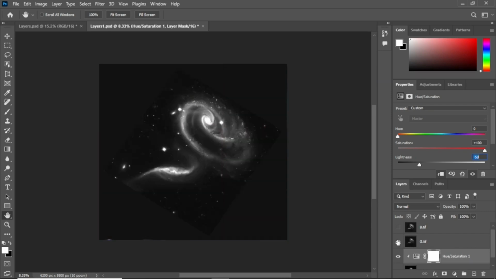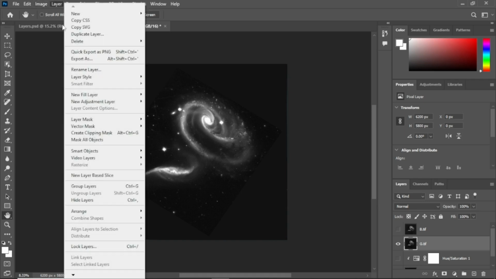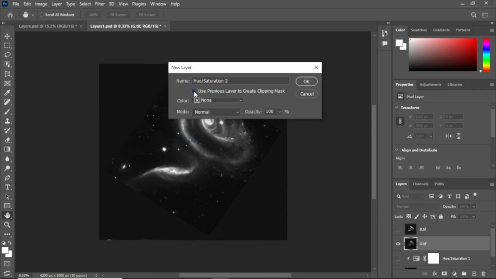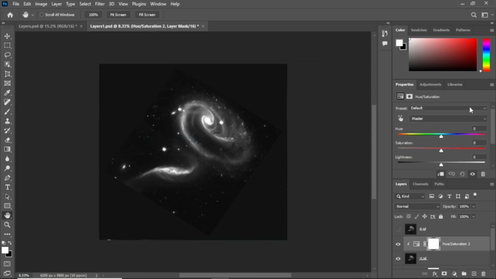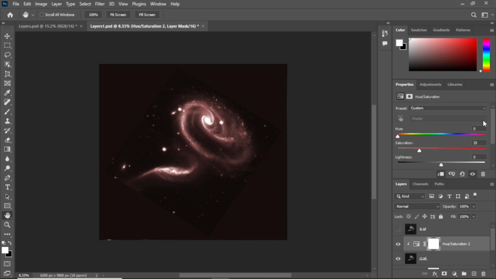You click on green, you turn this one off, click on green, go to layers, new adjustment layer, hue saturation, click OK, then you colorize. This is green, green is 120, saturation is still 100,